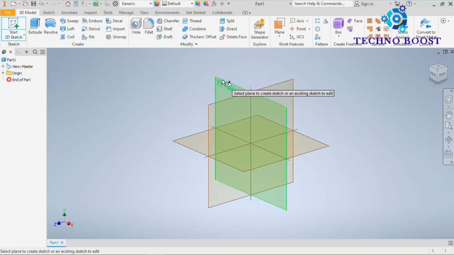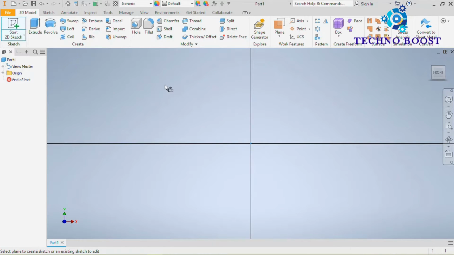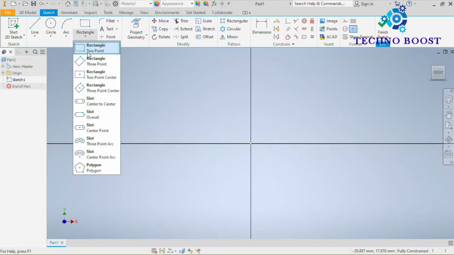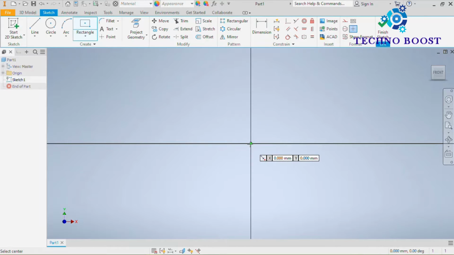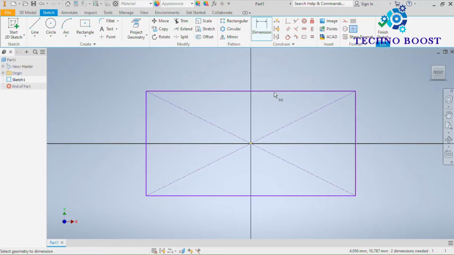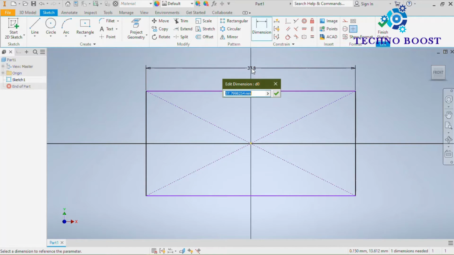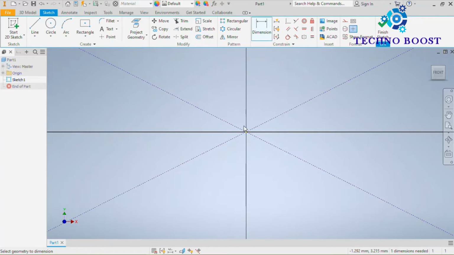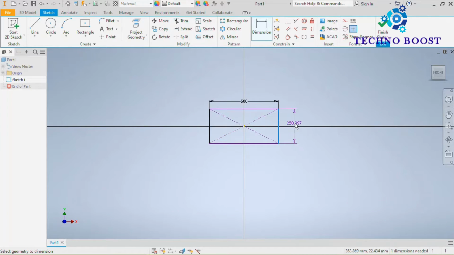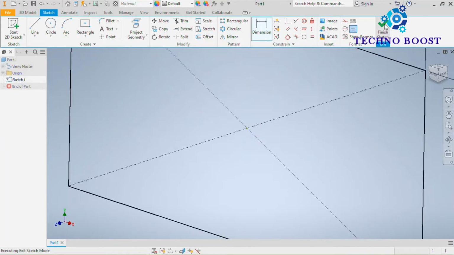Let's select the front plane and draw one rectangle. Let's give some dimensions. Suppose this is 500 and this is 250. Click on finish sketch.